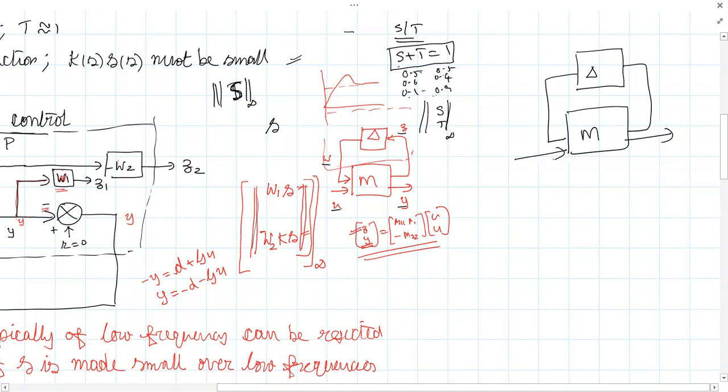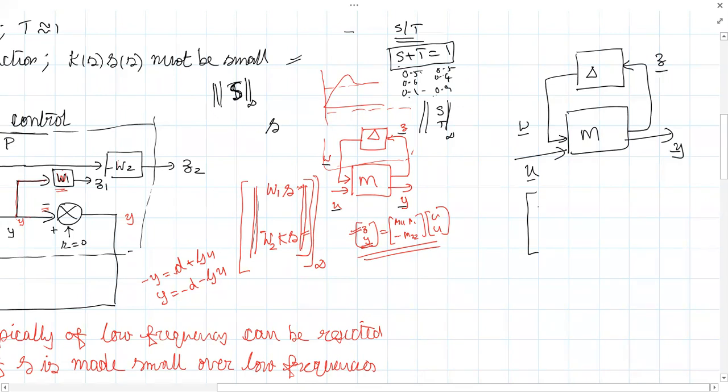Okay, so what was this? This was U. This was Y. And this is W, the regular exogenous input, and this must be Z. How did we write this in transfer function form? See, there are two inputs here, W and U. So instead of a single transfer function, you will get a transfer function matrix.